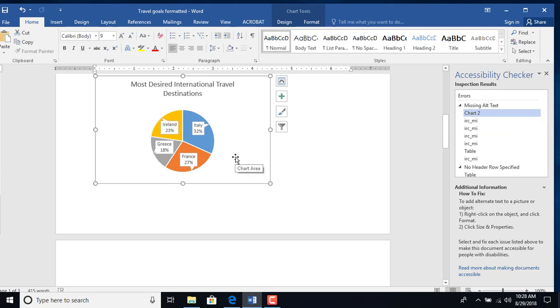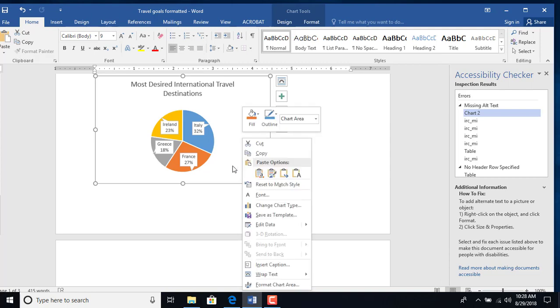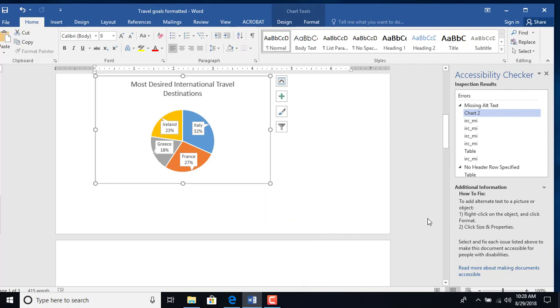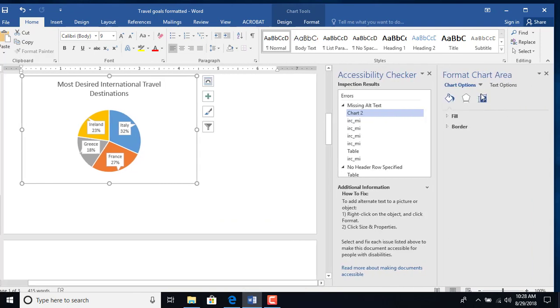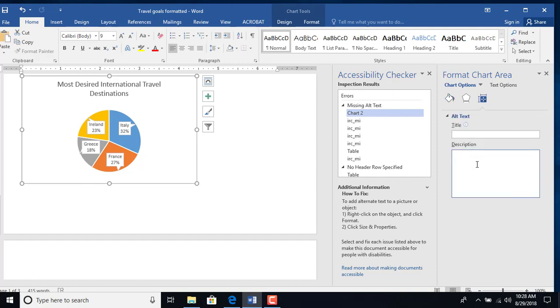So charts and images are a little different. You still right-click, and you click on, let's see where it is, Format Chart area. And this little icon here, over to the right, that looks like a black square with arrows in it. You click on that, and then you have the option to add alt text. You don't need to add a title. You can just write,